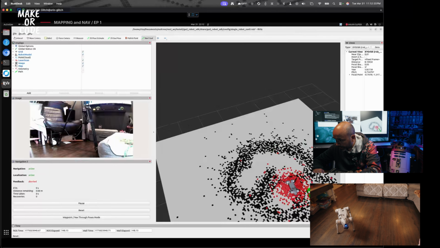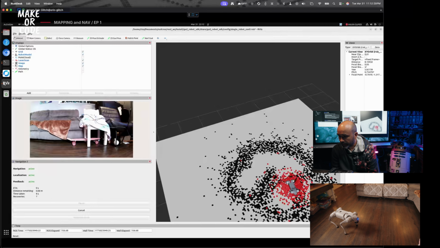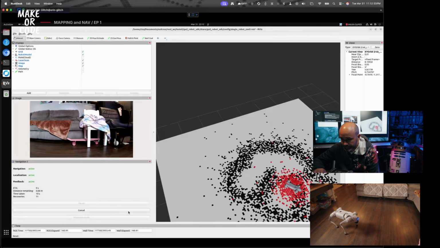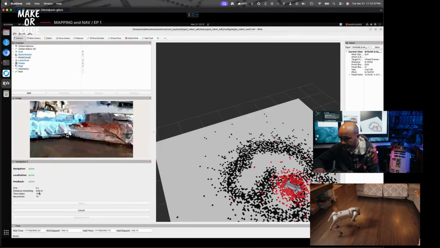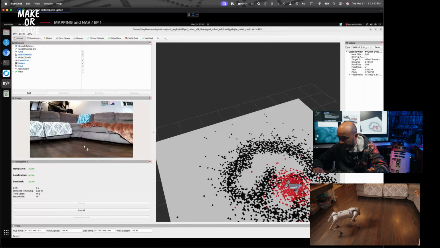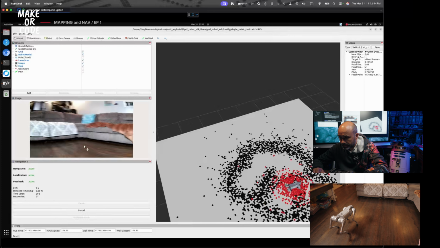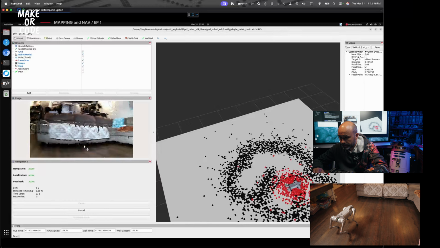I'll even make it turn that way. Is it going to be able to get to that point? So again, it's just going to rotate. Again, you can see the feedback here is going. Hopefully it will walk over to that point, but no, we just keep rotating,